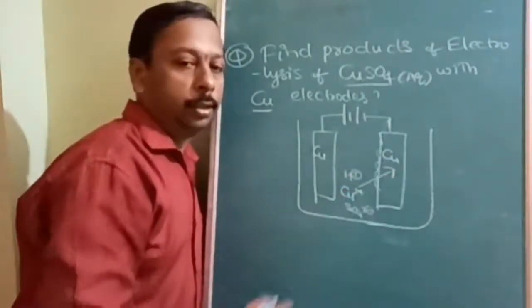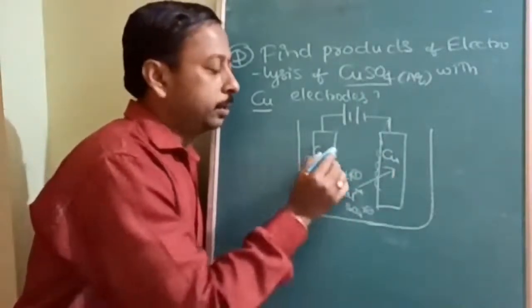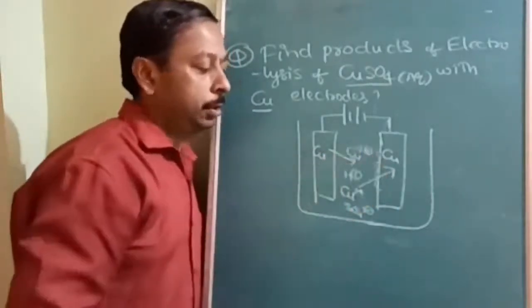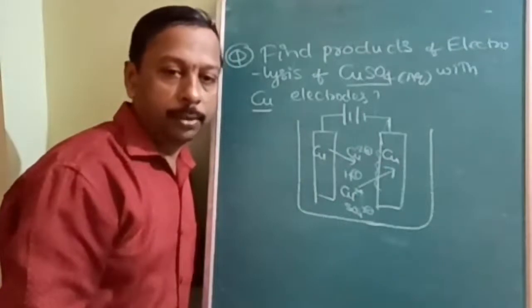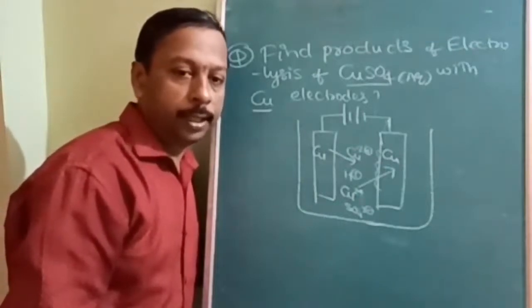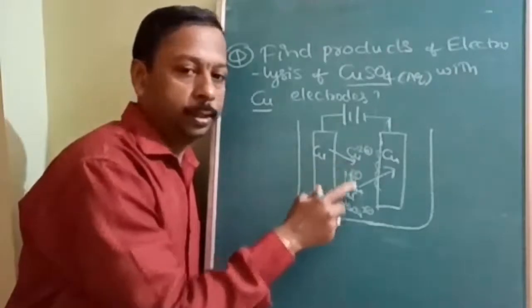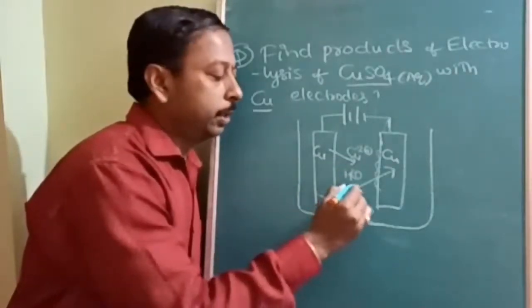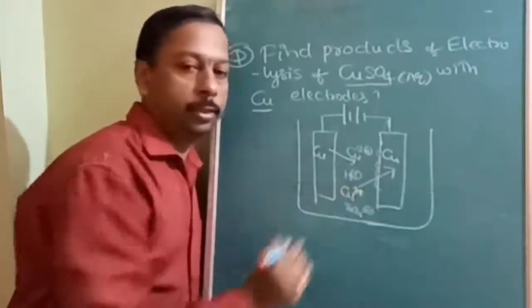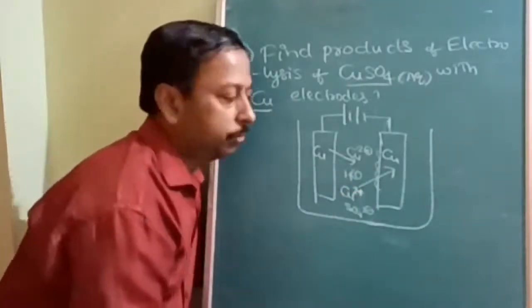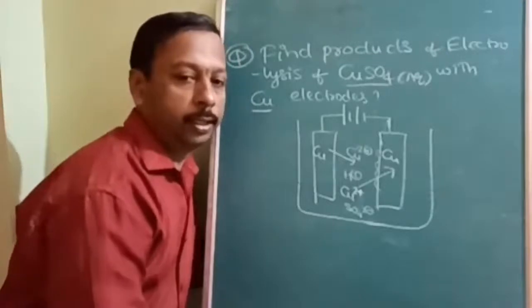Okay. Now to compensate this, this copper will come out as Cu2+. Okay. So both ways it is a copper reaction only, but in the opposite direction. Here the copper is from Cu to Cu2+. Here the reaction is from Cu2+ to Cu. Are both differences understood? So now this is what I am going to write in the reaction form.